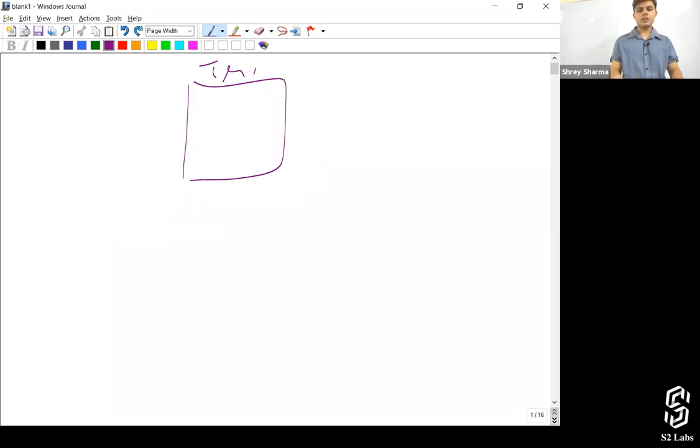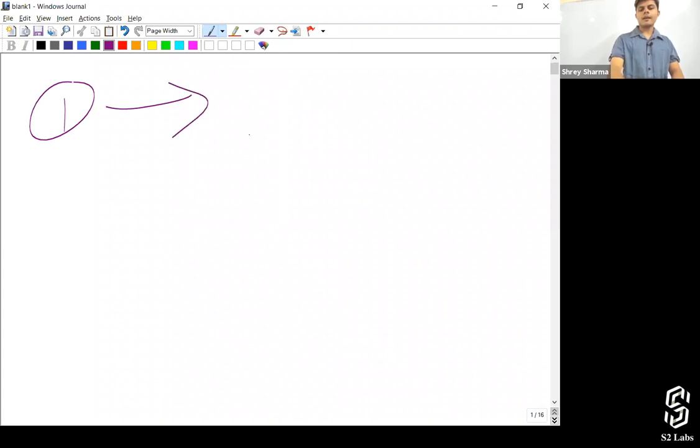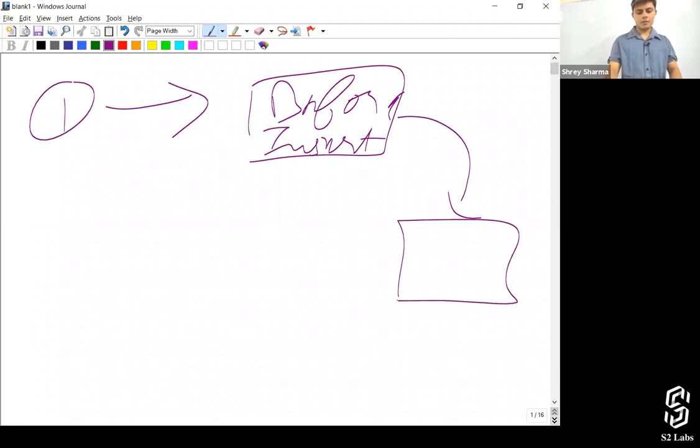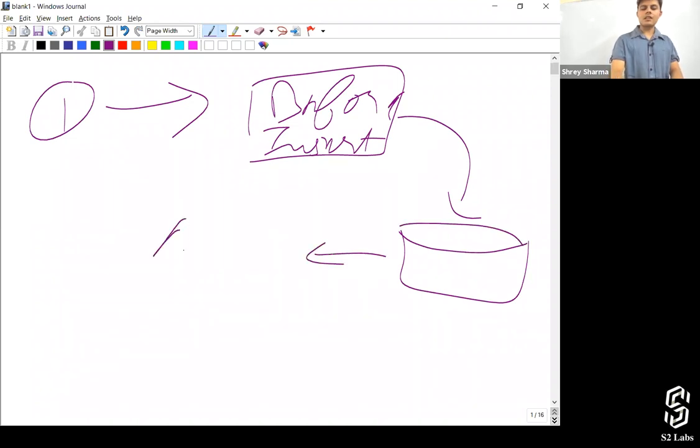Or let's say you're creating an account record. Then there is a before insert that gets executed, right? And that triggers the database event. And after that, there are after triggers that get executed.